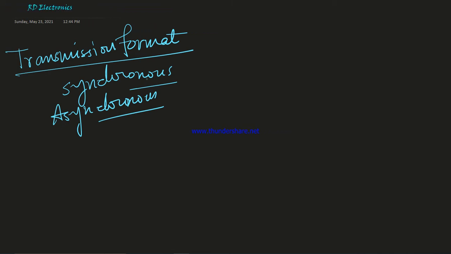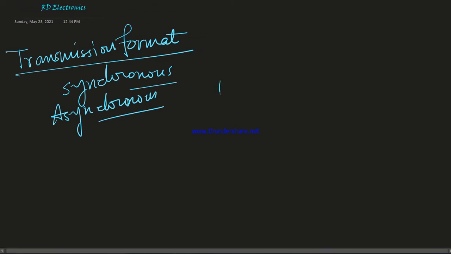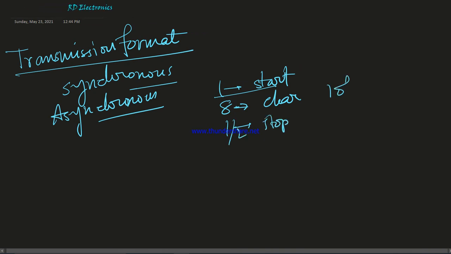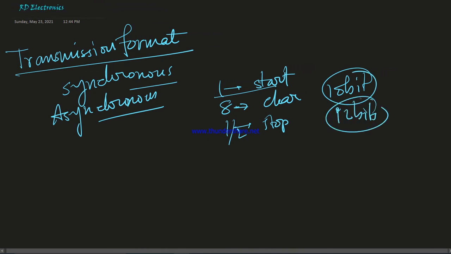I again repeat, a frame contains one start bit, 8 character bits, and 1 or 2 stop bits. The start bit should be low, then 8 character bits. Here we place our character, any value, either voltage, current, any kind of character transferred from a peripheral to a microcontroller or processor, and then 1 stop bit or 2 stop bits. So if 1 stop bit, 10 bits are used, and with 2 stop bits, 11 bits are used. Okay,